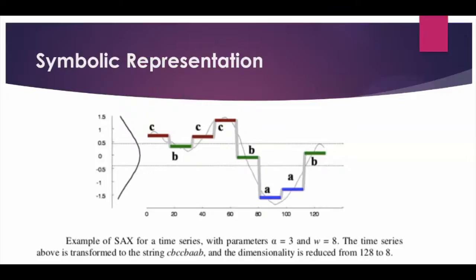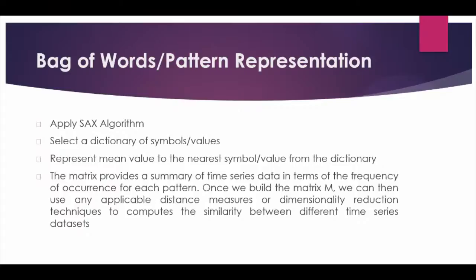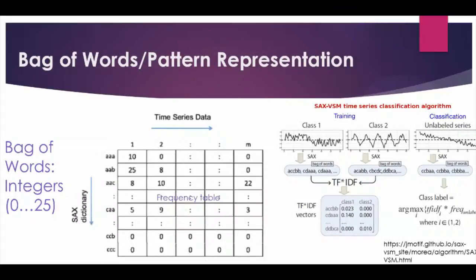This is the bag-of-words pattern representation model. If you want to find the similarity between documents or time series, we can work with this type of method. I have already given the link. You see there is a time series data matrix with m time series, column wise it is time series data, and row wise we have used different representations, different symbols, like A, B, C if we are using three symbols. We can find all the combinations of these symbols, and for each and every document or time series we find the frequencies.